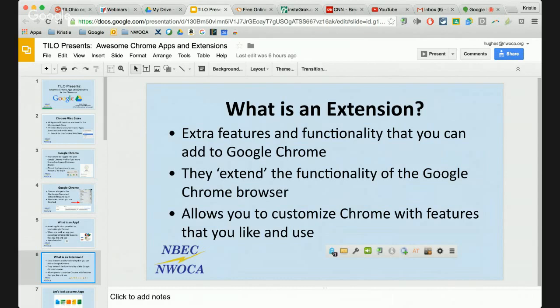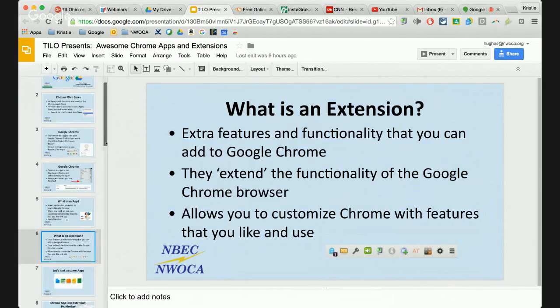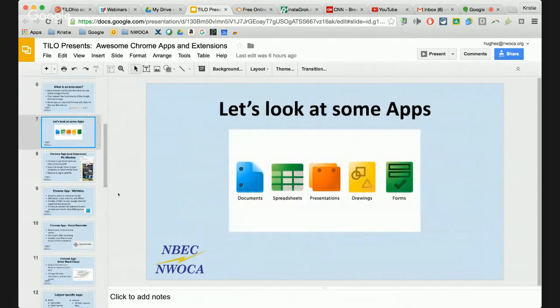So typically what I recommend, it's fine to install as many extensions as you want to, but turn them on and turn them off as you need them. And I will show you an extension that can help you do that. So usually what I'll do is I have a lot that are installed, and then I will just go ahead and turn them on and off, daily or hourly or however often that I may need them. So I'll go ahead and go to this next slide, which is, let's look at some different apps.